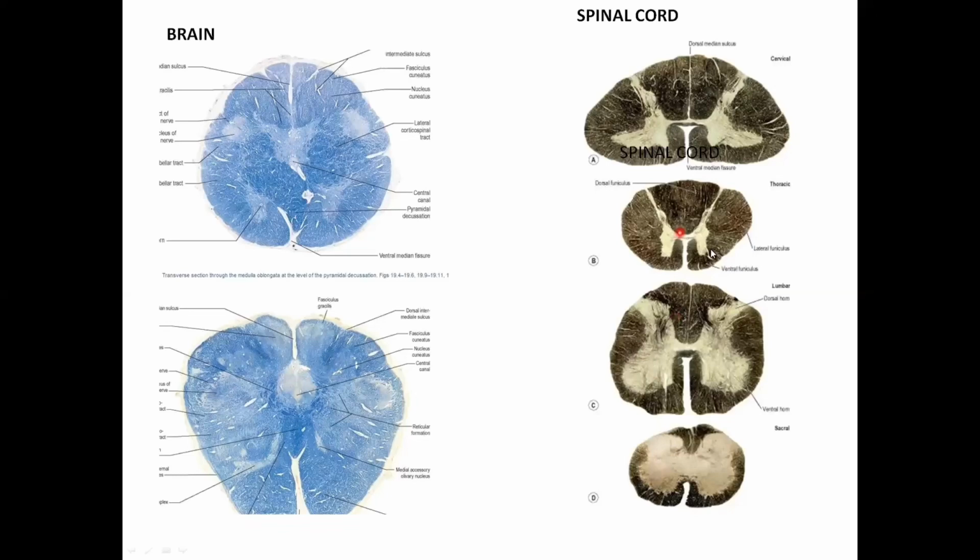And something special here in the thoracic segment. So you see an anterior gray horn, you see a posterior gray horn, and here there's a small lateral horn in the thoracic segment of the spinal cord. This lateral horn lodges the cell bodies that will give rise to the preganglionic sympathetic fibers.